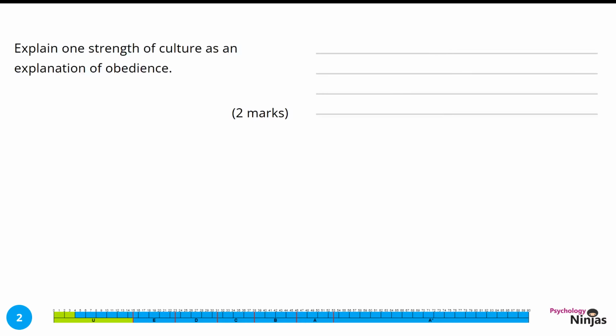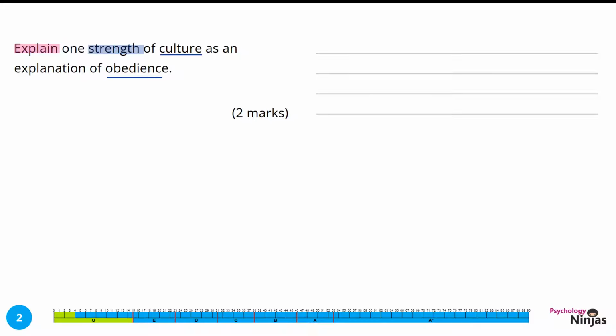Explain one strength of culture as an explanation of obedience. 2 marks. Here we have the command word explain, which means we need to give a detailed and thorough account. However, this is focused on a strength, so we need to have an evaluation element in our response. Our evaluation needs to focus on culture specifically and obedience rather than prejudice, so a lot going on with this